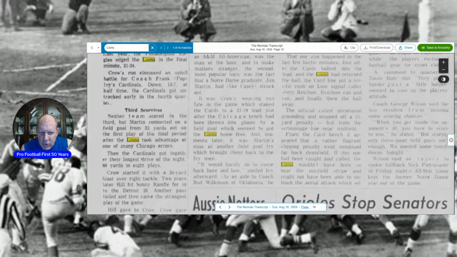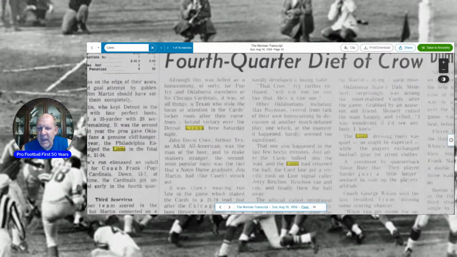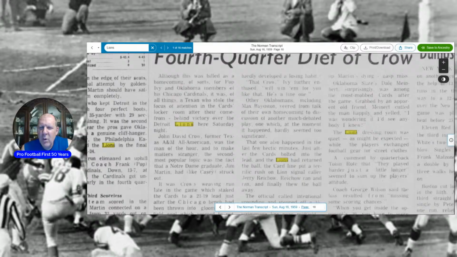It would hardly do to come back here and lose, smiled Ivy afterwards, as an aide to coach Bud Wilkinson of Oklahoma. He hardly developed a losing habit. That Crow, Ivy further enthused, will win him for you like that. He's a fine one. Other Oklahomans, including Max Boydston, veered from